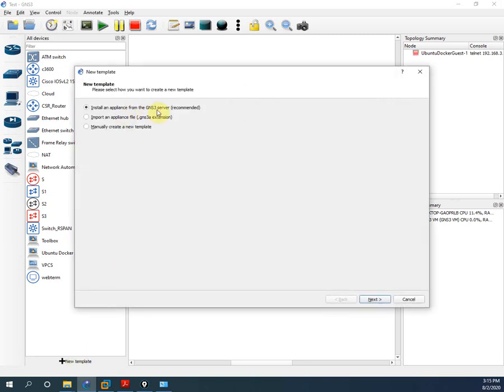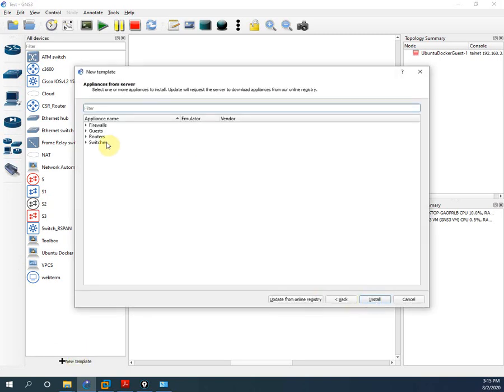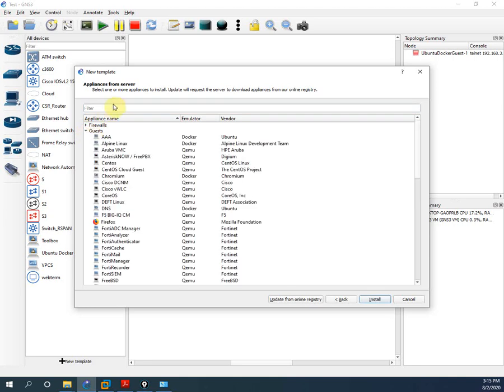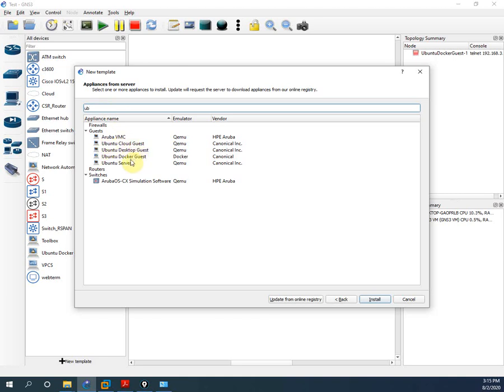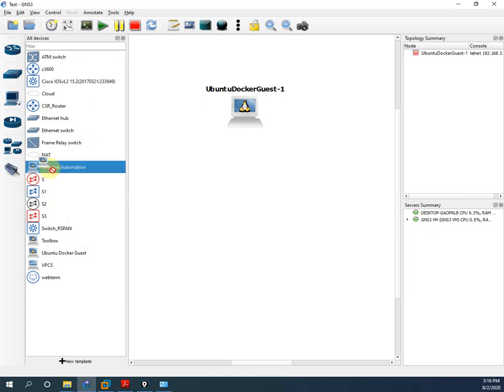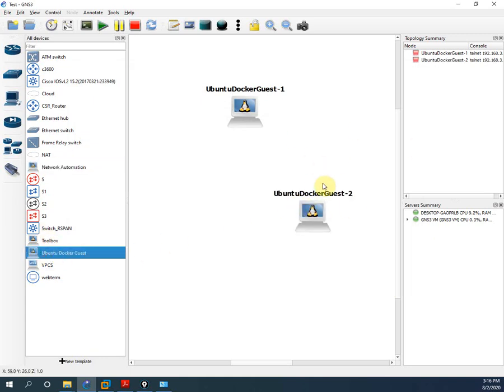You can go here, the recommendation one, and you can write here whatever you want. Ubuntu, if you want, you can write UB, and here you will see the Ubuntu Docker. If you see Ubuntu Docker, you press it and then install. I already installed it, that's why I'm not installing. Install, next, and it will come. The first time you drag from here, it will take some time and you need to connect to the internet, so it will download from the internet. And you will have the notification here.